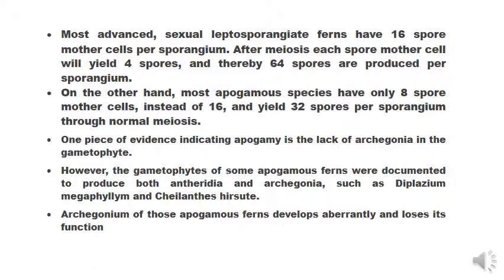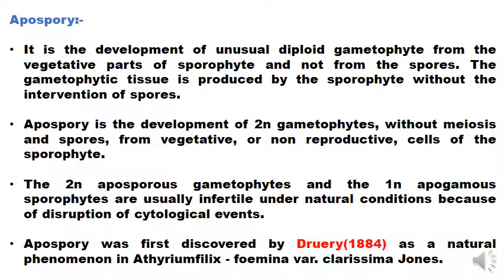So let us discuss Apospory. Apospory is the development of unusual diploid gametophyte from the vegetative parts of sporophyte and not from the spores. In this condition what happens? A gametophyte is produced from the sporophyte without any spores. In the general condition, the sporophyte gives rise to spores. But here the sporophyte does not give spores, but it directly forms gametophyte which is diploid in